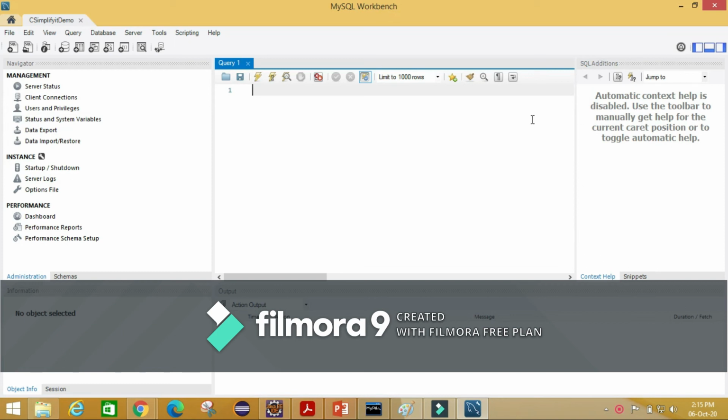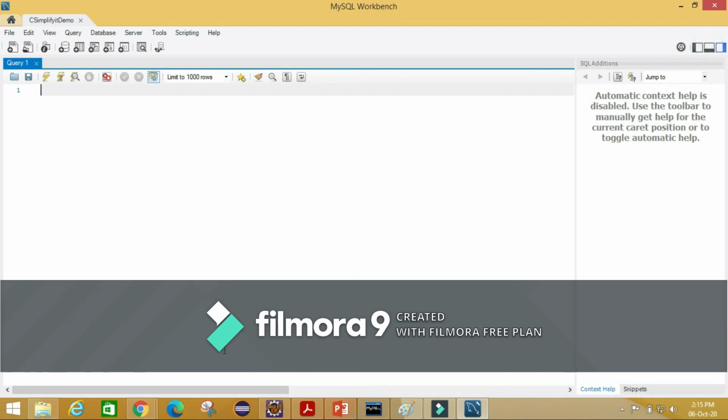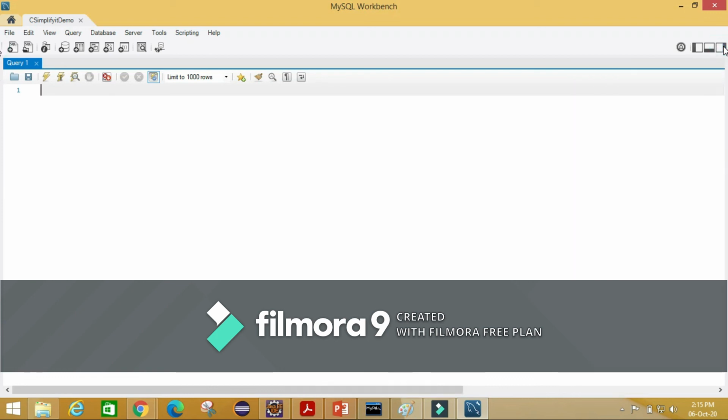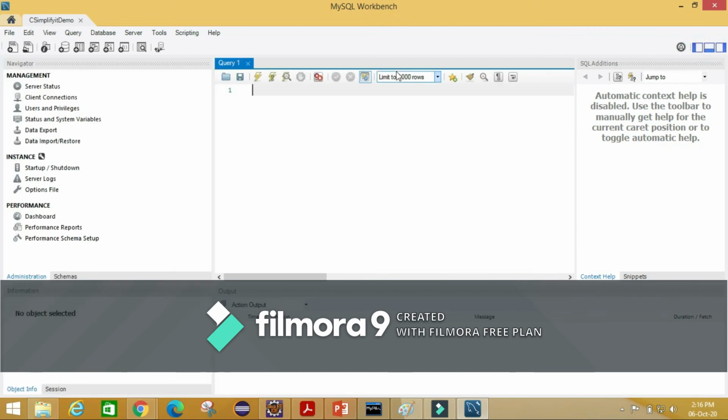Before diving into this, I just want to show one feature. If we click on this right hand side button, it will hide the navigator pane, and if I click on this, it will hide the output pane, and similarly if I click on this button, it will hide the snippet pane. So let me unhide this. In this way we can check this.